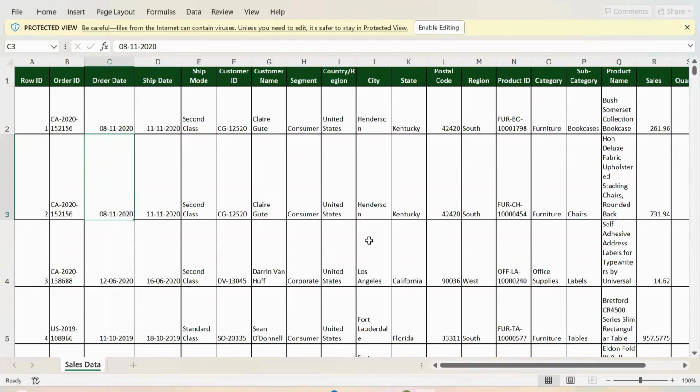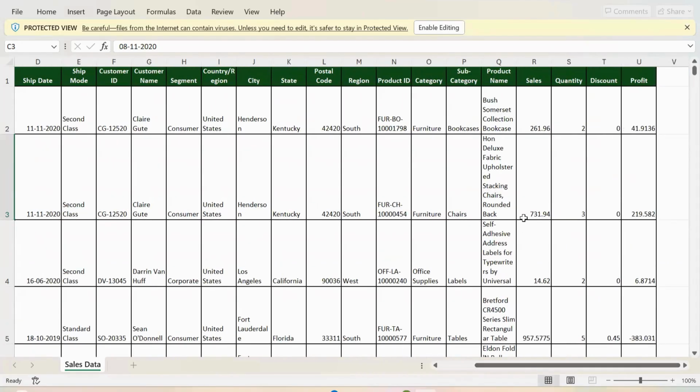It has text data types, which are geographical. You can see here it has geographical data where we have country, states, cities, and on the right hand side, we have product ID, category, and again,